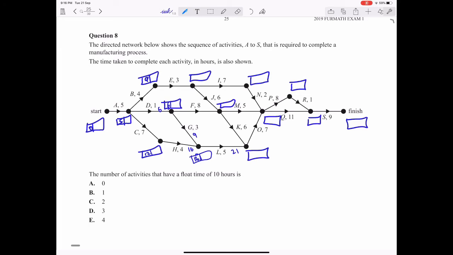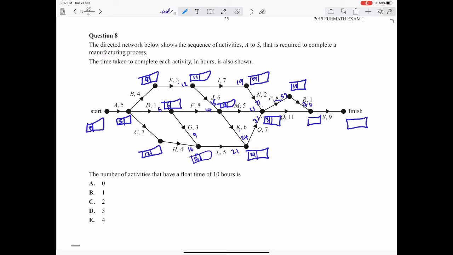6 plus 8 is 14, 9 plus 3 is 12, 12 goes in here, 12 plus 6 is 18, largest number, 18 goes in the box, 18 plus 5 is 23, 18 plus 6 is 24, largest number goes in the box, 24, 24 plus 7 is 31, 12 plus 7 is that is 19, 19 goes in the box, 19 plus 2 is 21, largest number from these three edges is 31, so 31 goes in the box,